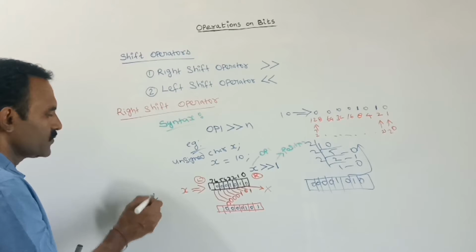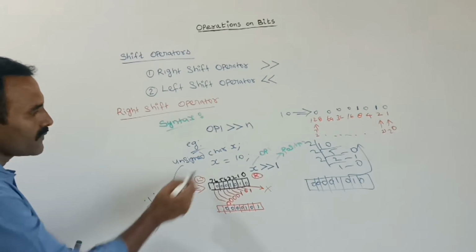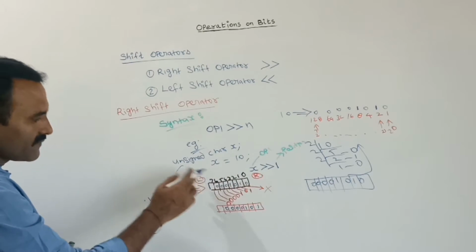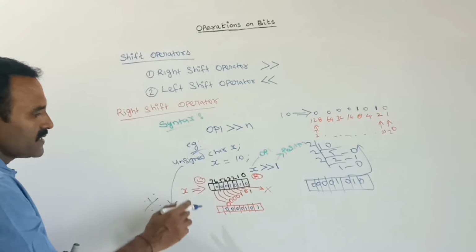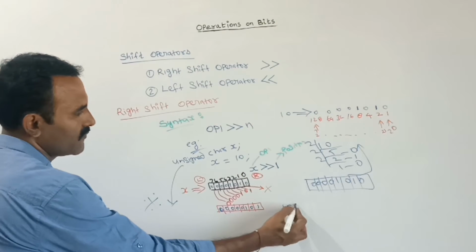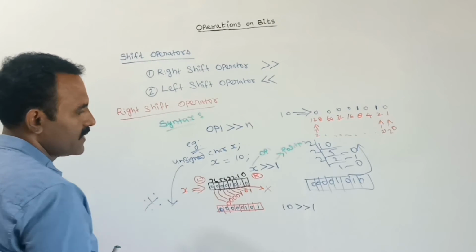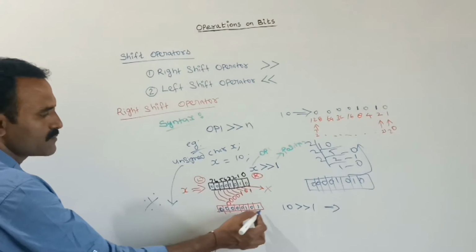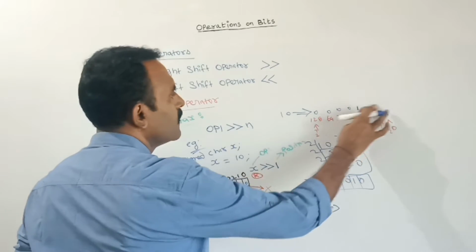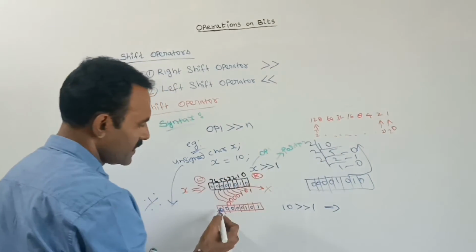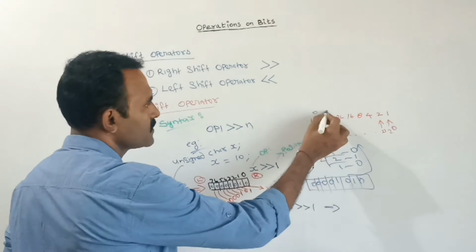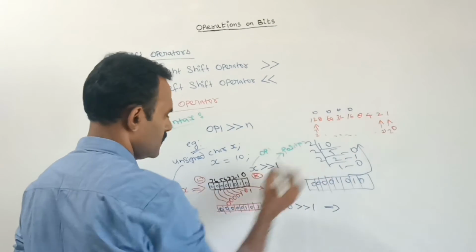Note this: for the unsigned character, in the right shift operator, the blank space will be created on the left side. That blank space we should fill with 0. If you are right shifting 10 by one position, then the answer is this binary value. What is the decimal number for this binary value? Just apply it here and we can get the decimal value. Out of these 8 digits, the 7th bit value is 0, the 6th bit value is 0, and the remaining 0 0.